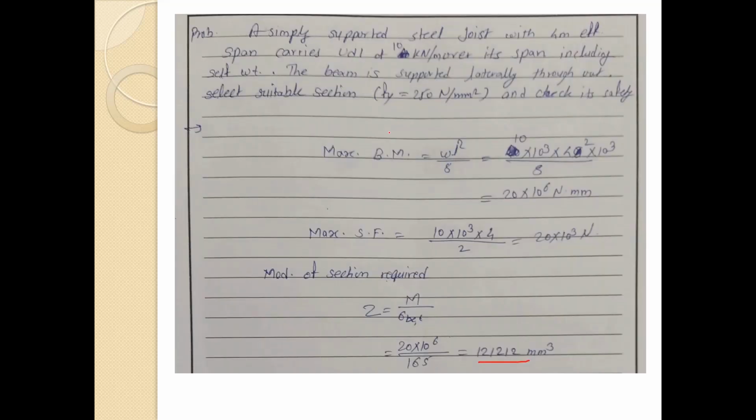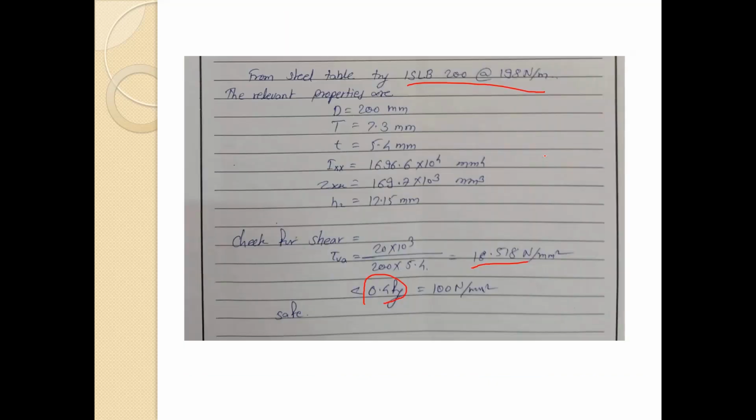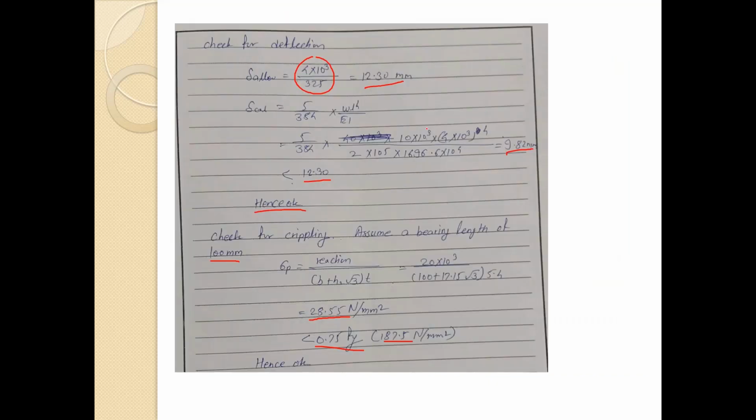Note one more thing, while designing this kind of problem you have to take care while converting the quantities, that is we are converting here the kilonewton per meter to the newton per mm. So those things we have to take care of by multiplying. Here you can see we have multiplied only by 10 raised to 3 over here and by 10 raised to 6 over here. Those things we need to take care of here also, and in some cases here also. This is the wrong thing what we have done earlier, so that is corrected over here.